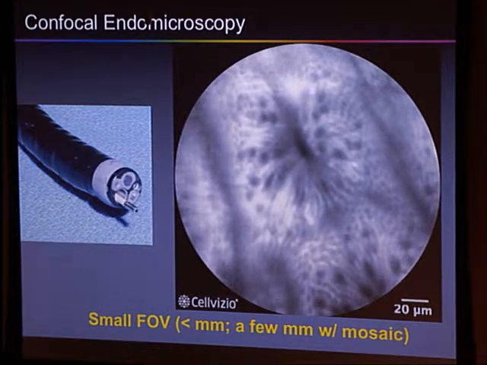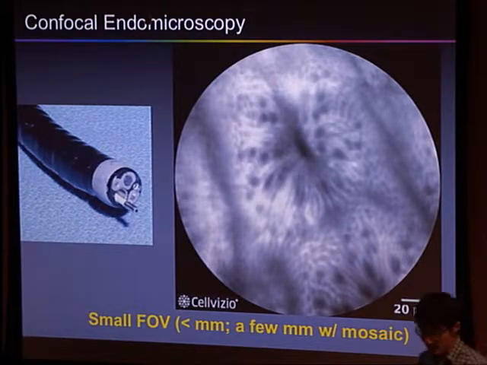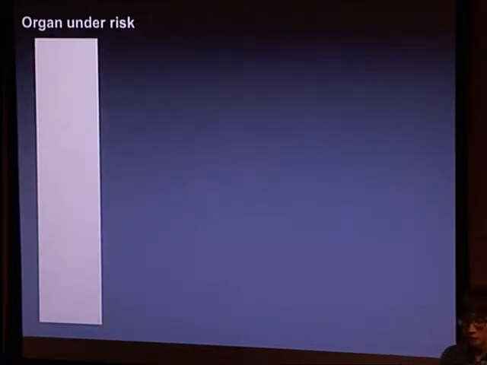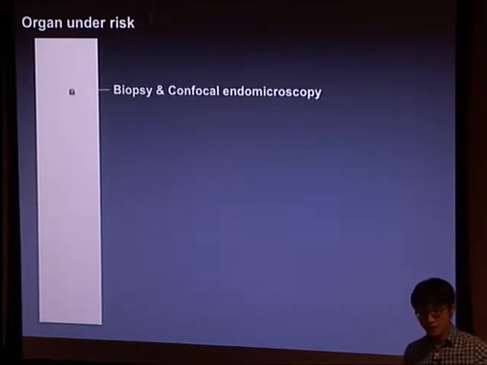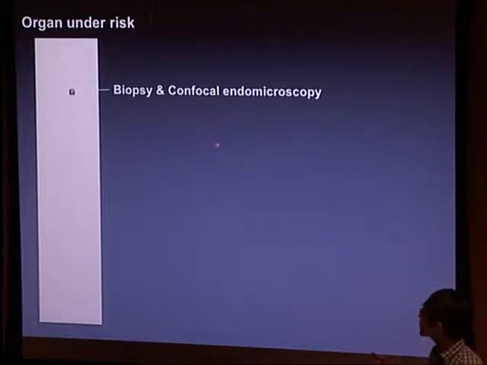But the problem still is that the field of view or image size is pretty small. It's less than a millimeter. In this particular case, it's about 200 microns. And people do mosaicking and stitching and other things, but even then, the image size is still smaller than a few millimeters. So we have this situation where the organ that might have a risk of esophageal cancer or